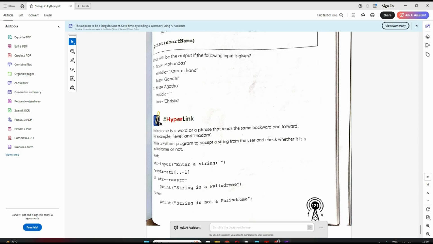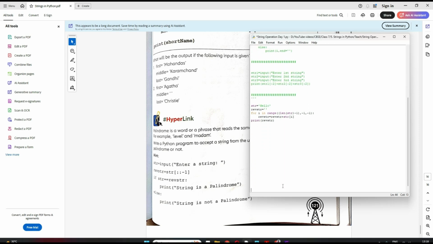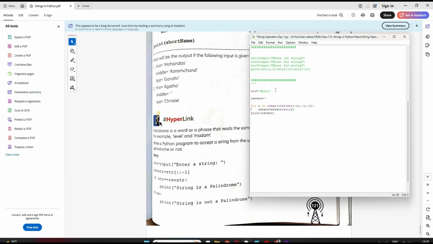Okay students, so let's see the program to generate a reverse of a string. I'll try to do it in a very simple way. See, this is the code I have written, very simple. If you understand, I'll explain it. This I am just reversing. Then we'll see for the palindrome. Palindrome is simple. If you get the reverse, then you just have to match. If the string is equal to the reverse, then it's a palindrome.